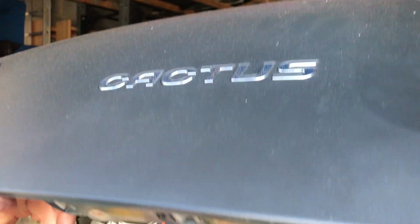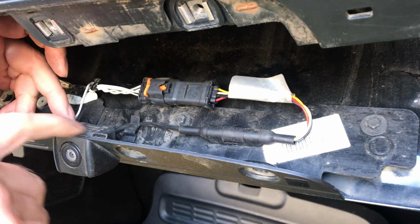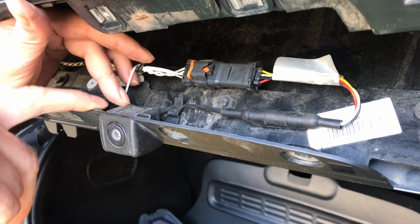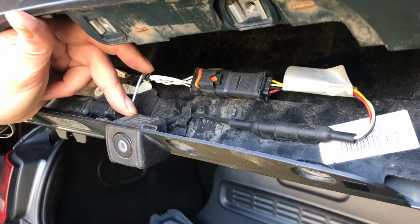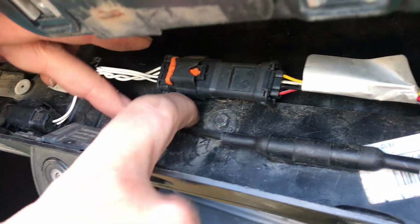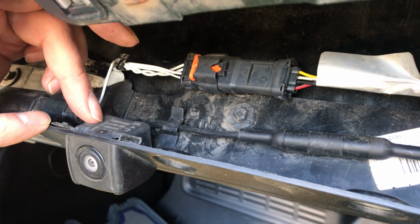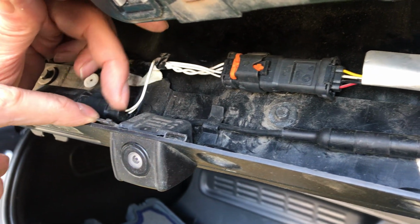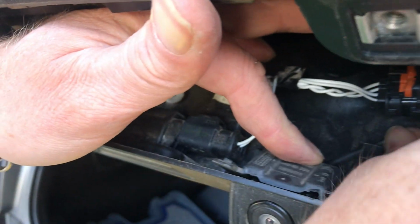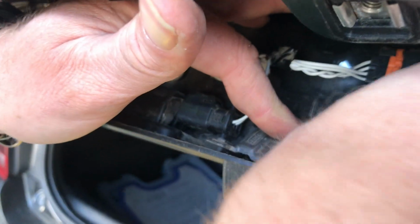Now what to be careful of, in here this has got 2 plastic clips here and here. Now as you can see by mine, maybe I've broken one already. Now it's a 6-year-old car, so as I've got to try and manhandle this off, this, hey, well done, this has popped off of here already. So the way that this kind of works is if we take that off,